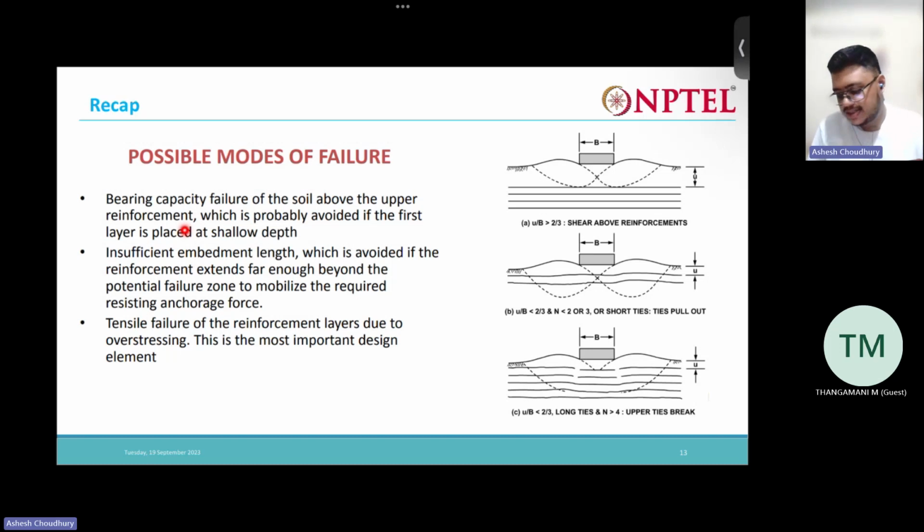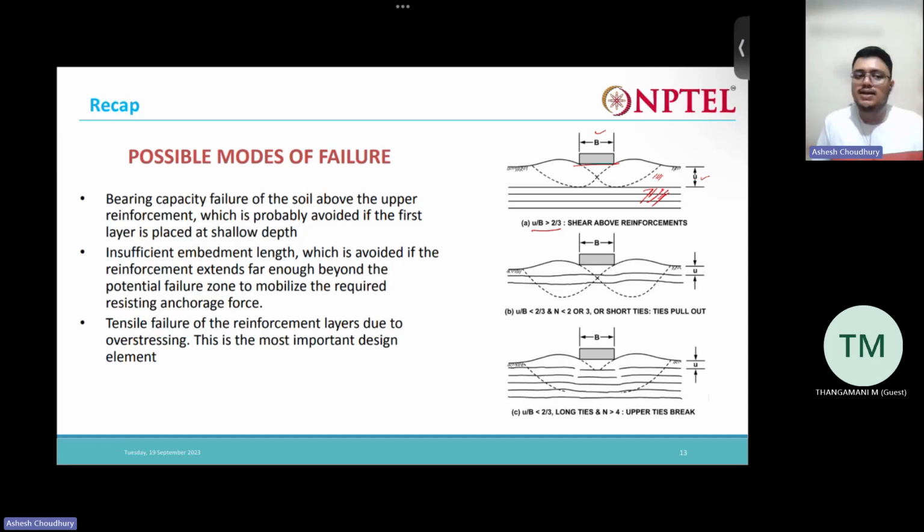say we have a large number of reinforcements placed at a depth. Okay, the first reinforcement du is placed at a depth greater than 2/3 of the width. Okay, 2/3 of this width. Then what happens? This acts as if we have a soft soil layer sandwiched between this foundation and the stiff soil layer,